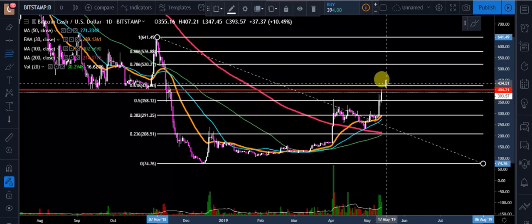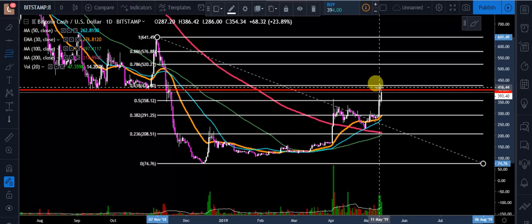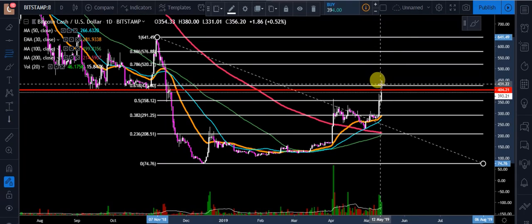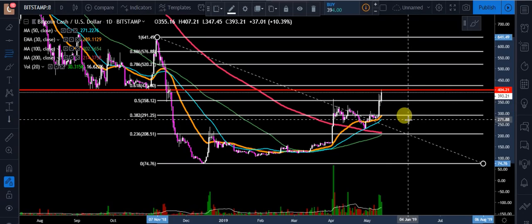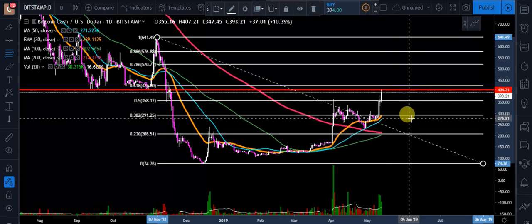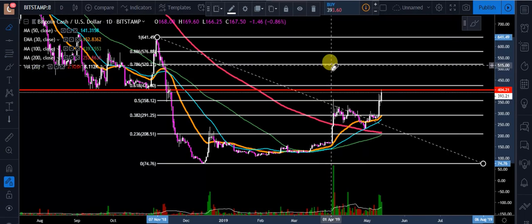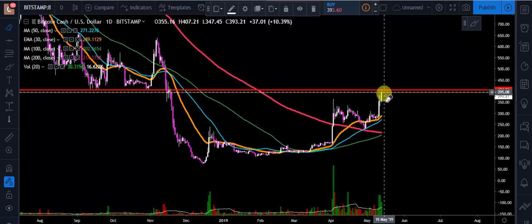A lot of times you see retracements after hitting this, especially with Bitcoin. That was a big one as well. Once we would hit that 0.618, we would have some type of a pullback a lot of times to the 0.382, and then we would continue our move to the upside there. So say we were to see rejection here, guys, where we're at right now,